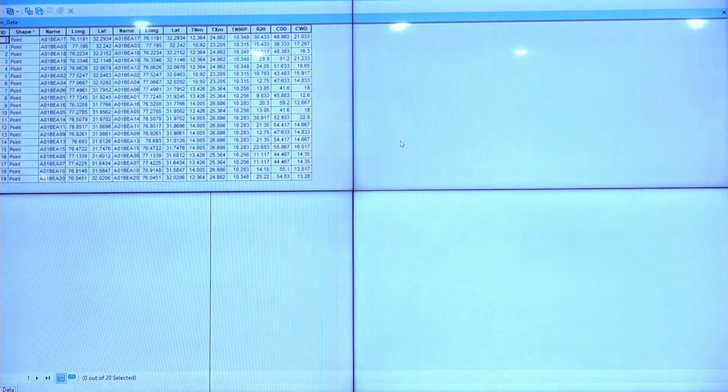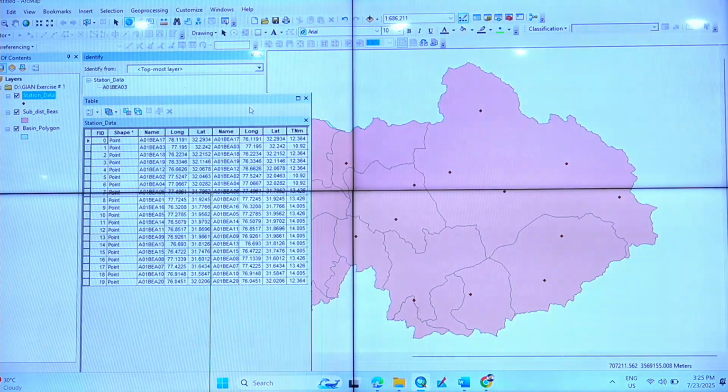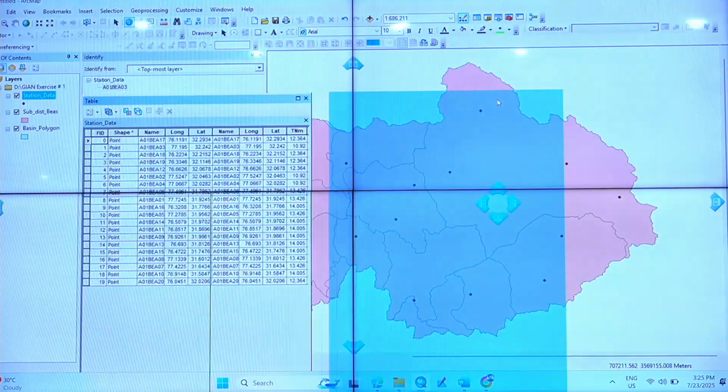Can you see here? It is only 3 columns. Now all the data which was there in relational, tabular format has joined here. Right? Now, if you take this identifier key and click on any point, you get the details.